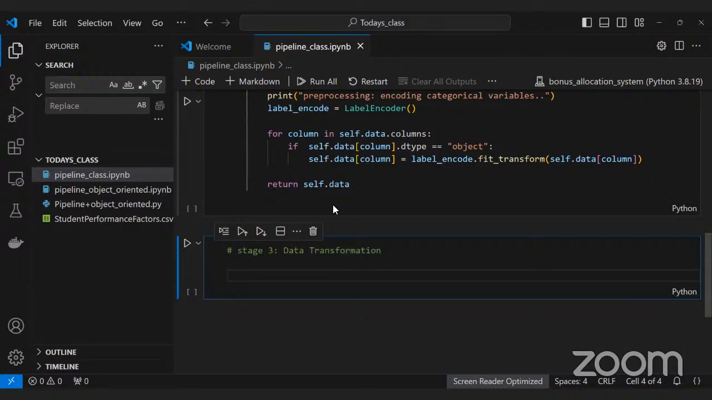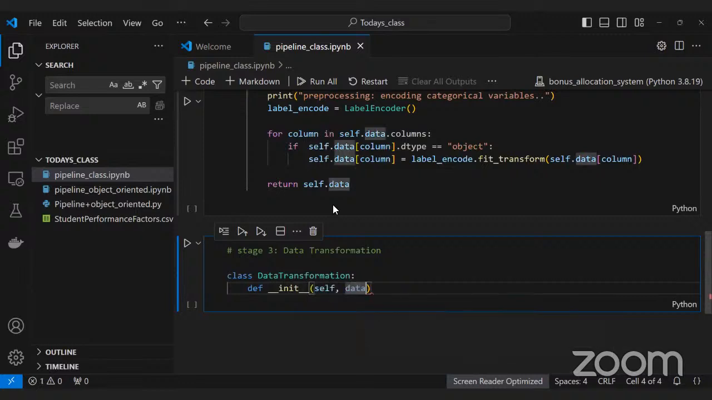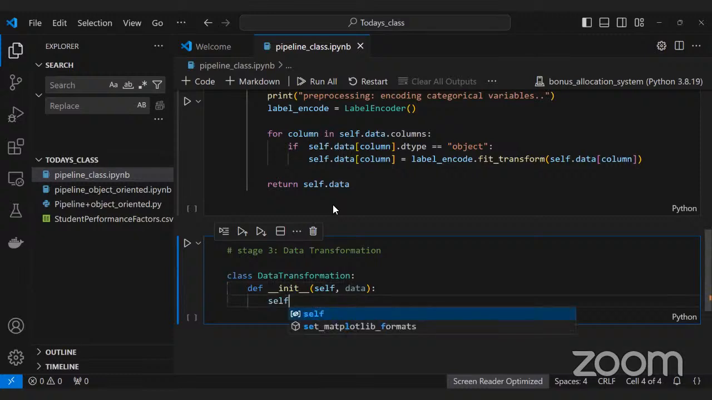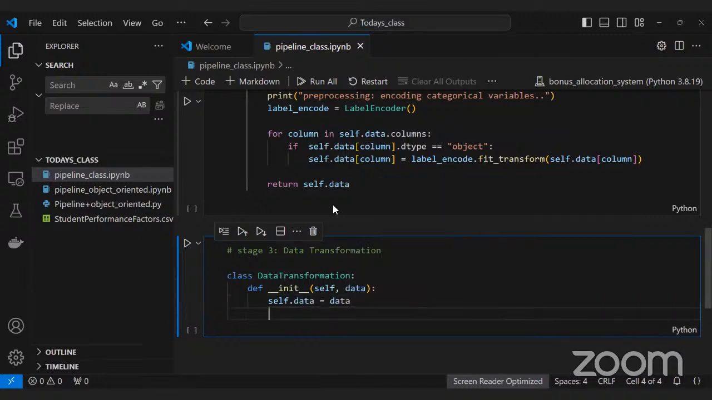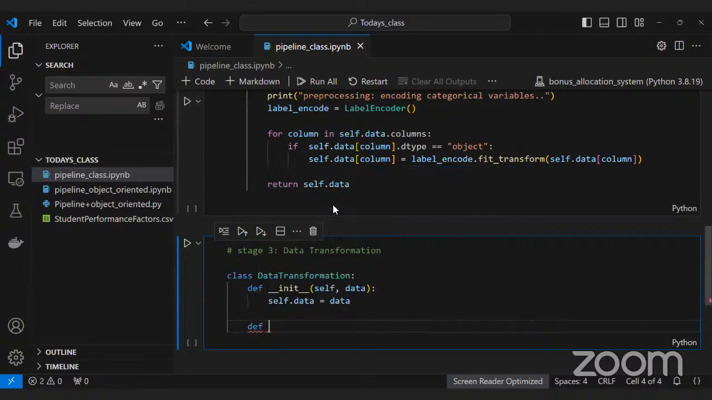Again, we have to create one class for data transformation. So let's create one class named data transformation. In the data transformation, we have to create one constructor which takes the data and tries to transform it. So it takes the data and feeds it to different functions inside the class. So the first function is scaling of the features. So we have scale_feature